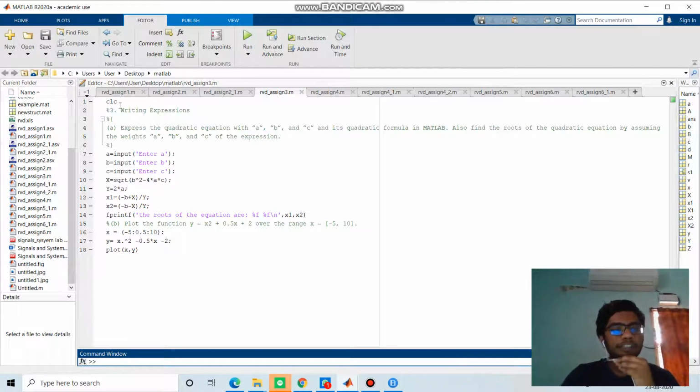Moving on to the third part, which is writing expressions. In the first part we have taken three variables a, b, c, and have taken input from the user, and then we find out the roots of the equation x square plus bx plus c using the formula x equals minus b plus or minus square root of b square minus 4ac by 2a,